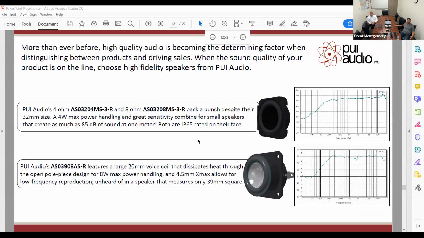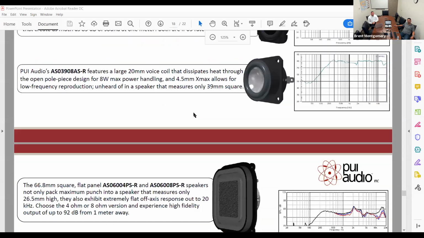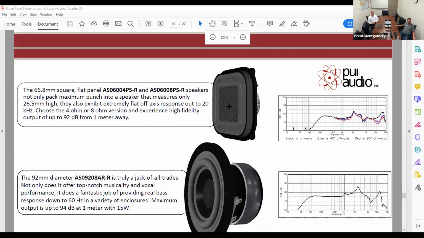We offer these in 4, 8, and 16 ohms. We can do almost any impedance that you need. We offer these in IP55, IP65, IP67, and we have a few that are IPX8 for use in up to 1 meter of water for 30 minutes. We have a flat panel speaker that has super off-axis frequency response. What this means is that you could put this flat on a table facing up towards the ceiling, and people sitting around the room are still going to get the same experience as somebody directly over top of that speaker.